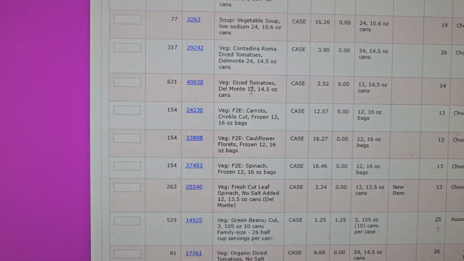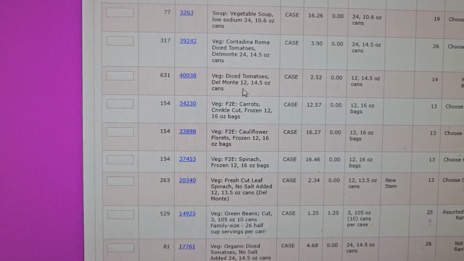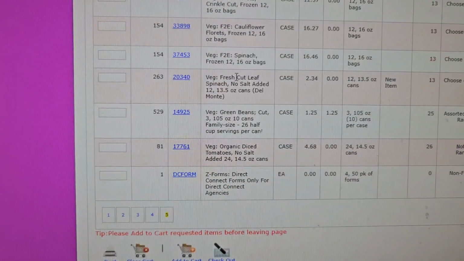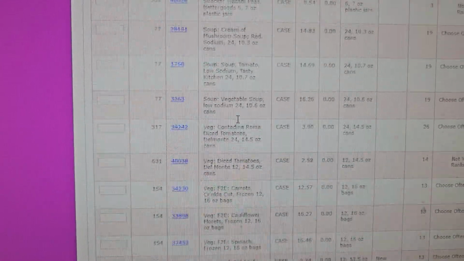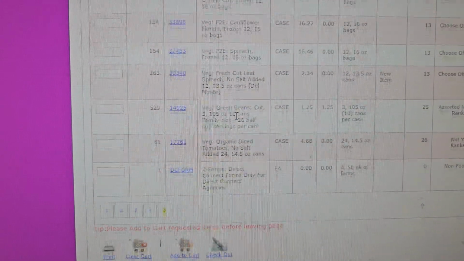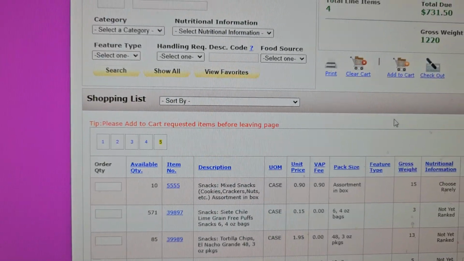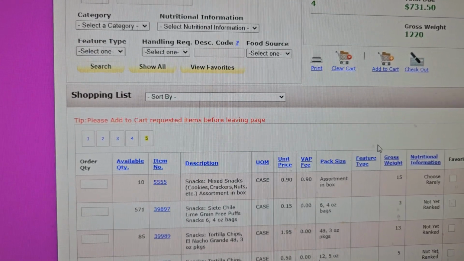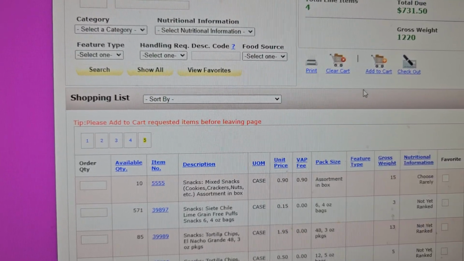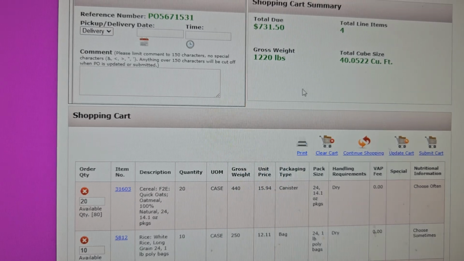And it doesn't look like it. Looks like the only other canned vegetable they have available is diced tomatoes, which I don't like to double up since we're already giving them tomato sauce. In which case we'll just skip vegetables for this order and hope on the next order they'll have something available like green beans or corn that we can order to get that stock back up. So let's go to the checkout,